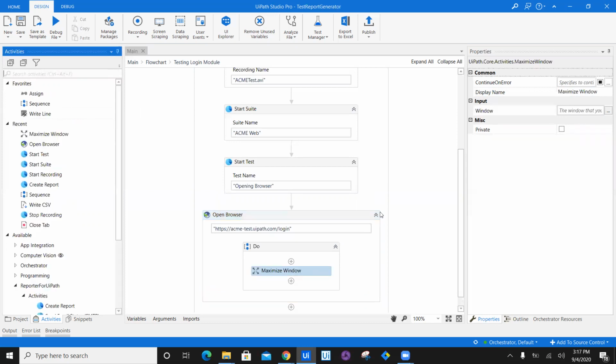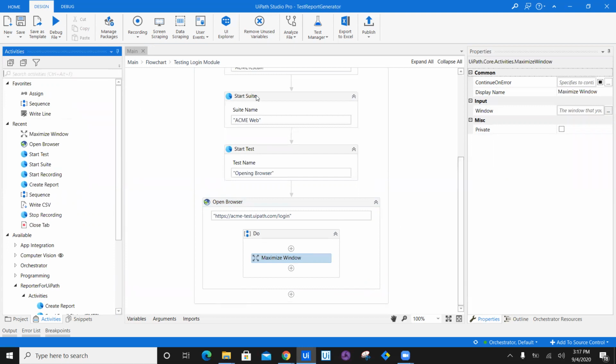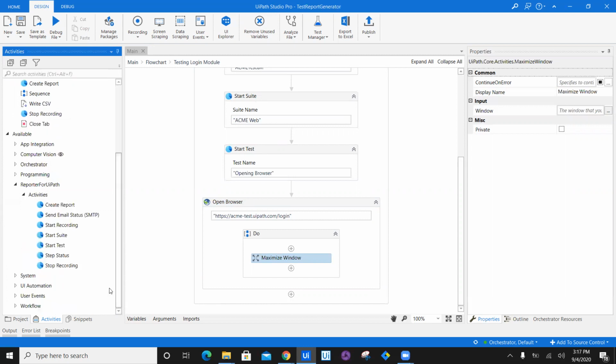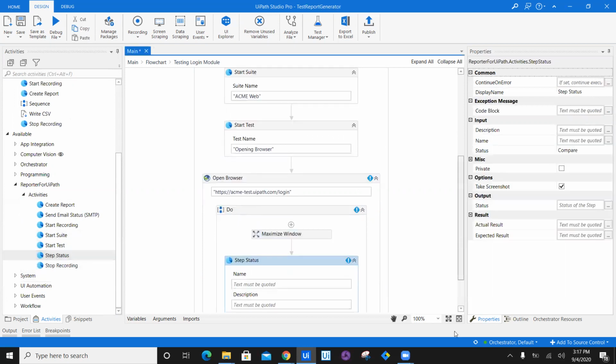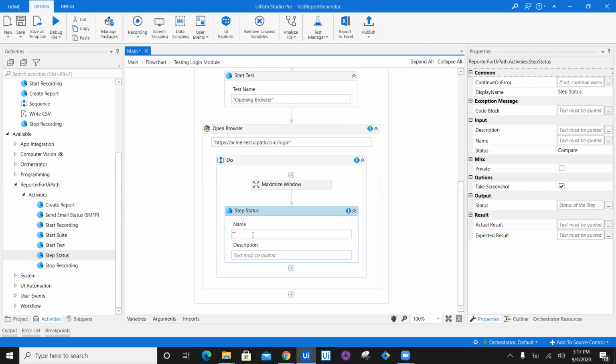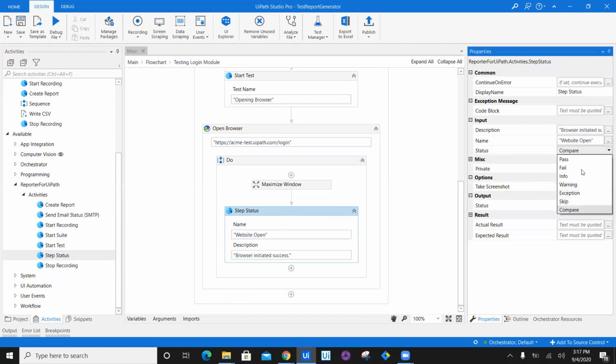Okay. Now this is the opening of a login module. Once you start the test, you can add a step of that particular test also. So, step status. Add a step status right here and mention that the step status is website open, or you can say browser initiated success. That's it. Now, for step status, you have options to pass the status, whether it is pass, fail, information, warning, exception,